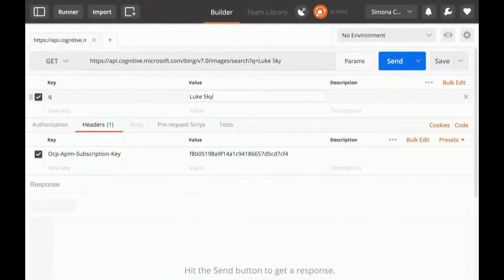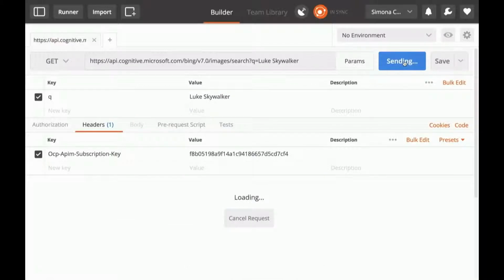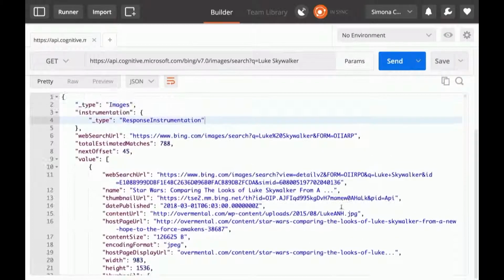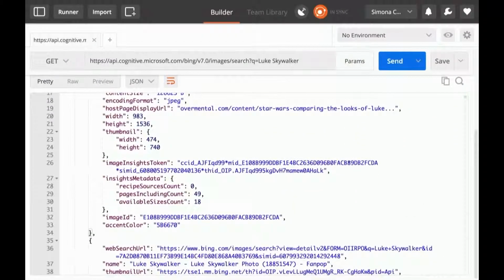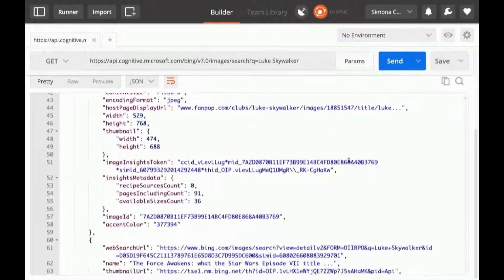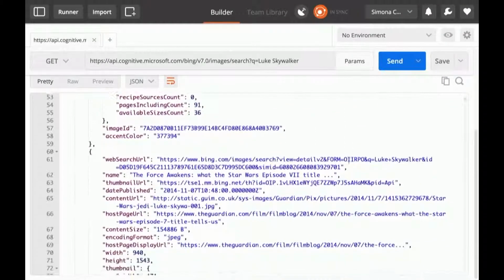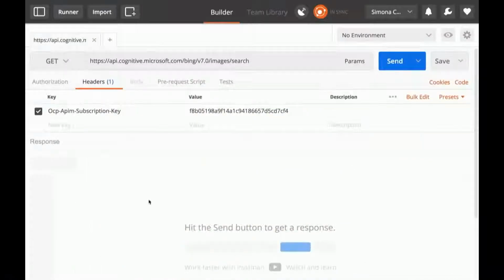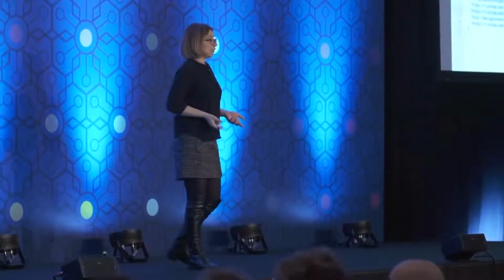Because I'm using cognitive services, you will see here that I'm using the Bing search API to retrieve a list of images. And this is going to return a JSON object that contains properties for those images, like the URL. So cool, I can use that. Instead of downloading the pictures myself, I can actually automate myself out of a boring job and just call an API. And I can do the same for